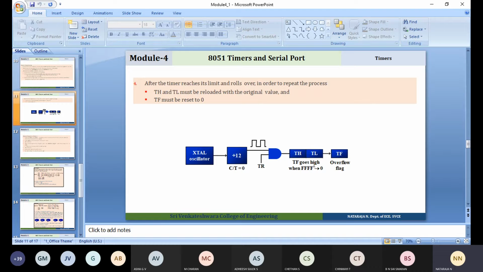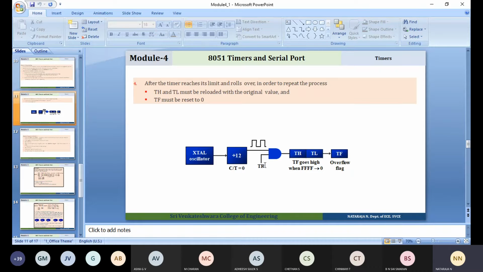Therefore, it allows values from 0000 to FFFF. When we are going to load, maximum it will start with 0000 and end with FFFF to be loaded. Why? Because it is a combination of TL as well as TH. After we load TH as well as TL with a 16-bit initial value, the timer